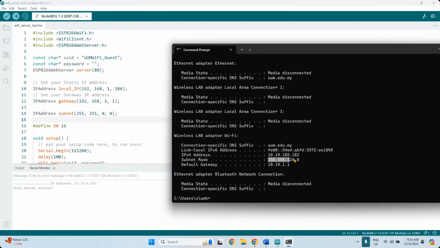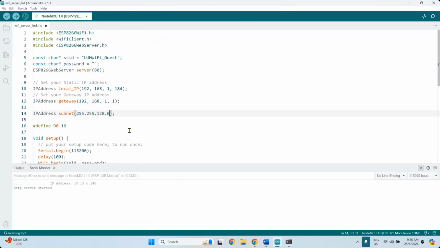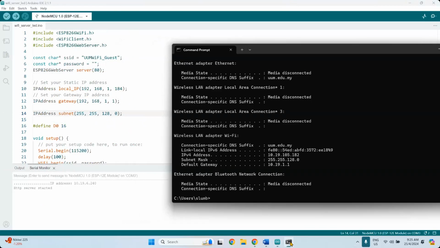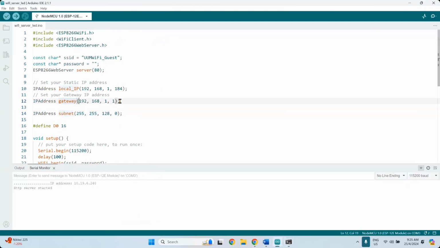So the subnet mask is this. This is the subnet, 255.255.255.128. Okay, so this is 128. And then my gateway is 10.19.11. My gateway is 10.19.11.